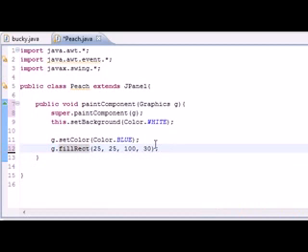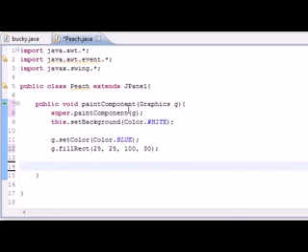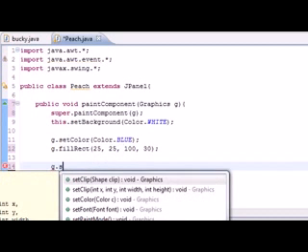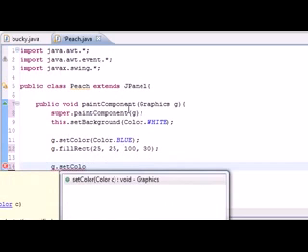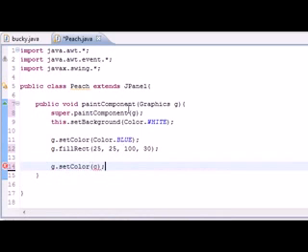So now we just have a blue rectangle chilling on our screen. But I want to tell you guys something else you can do. Next, we can go ahead and put set color, and we can set the color again, or pretty much reset the color. And if we want to have a custom color that's not constant, like our own RGB values,